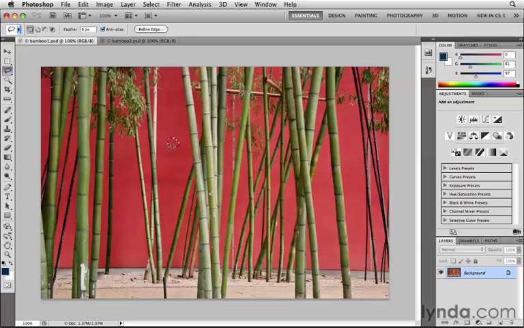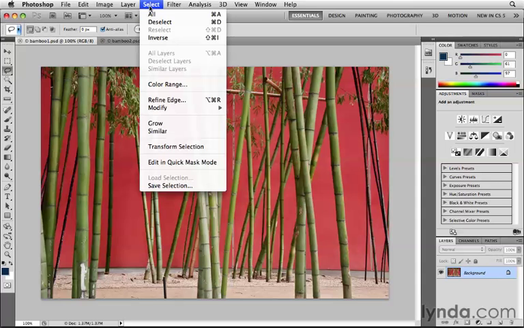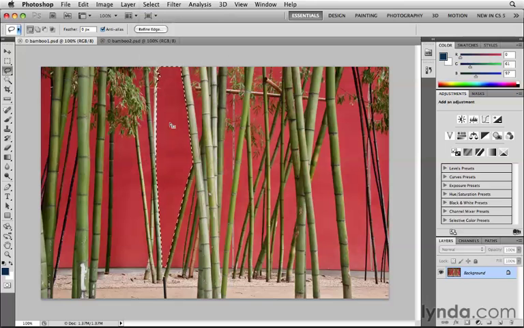Next, I'm going to try to expand that small selection to this entire section by going up to the Select menu and choosing Grow. And sure enough, with just one command, I've selected all of the red pixels in between these green bamboo shoots. What Grow does is select pixels that are similar in color and tone to the pixels